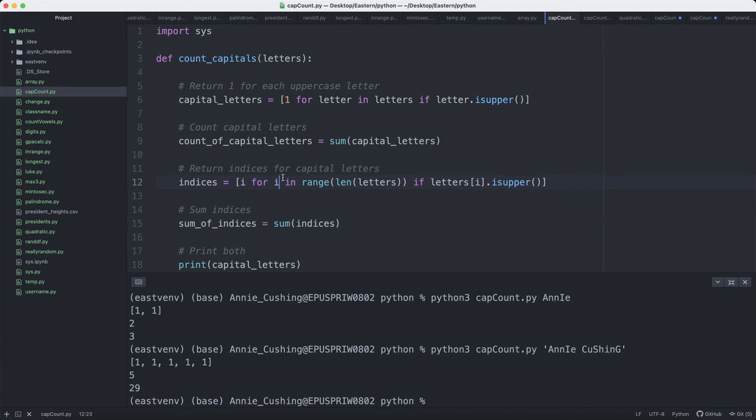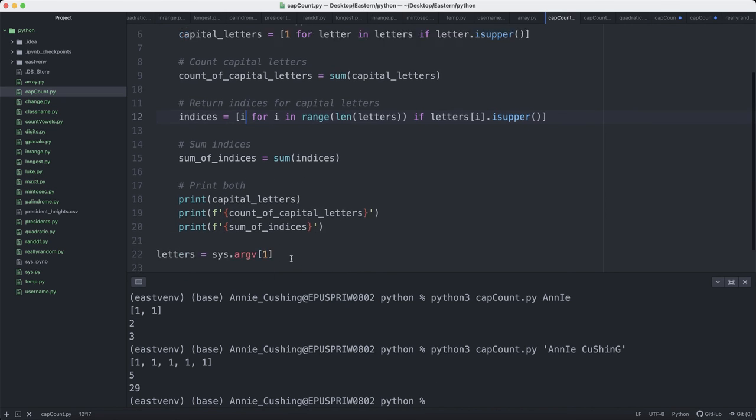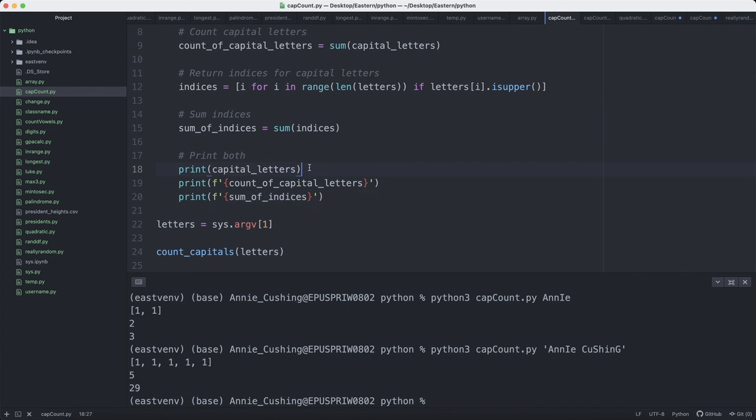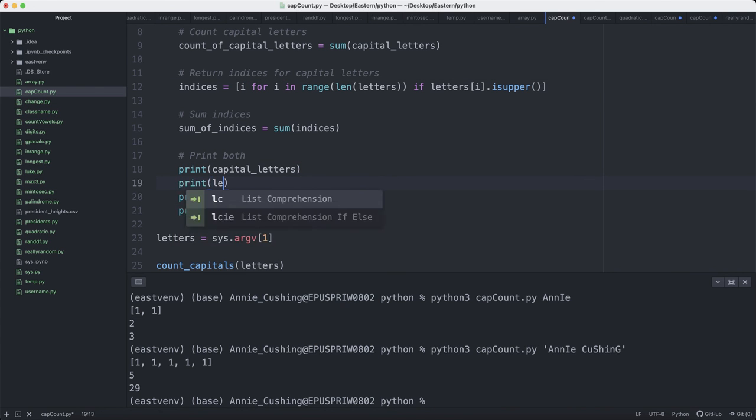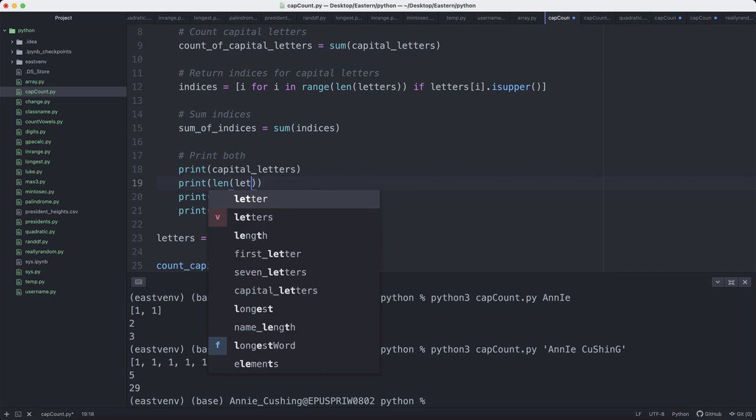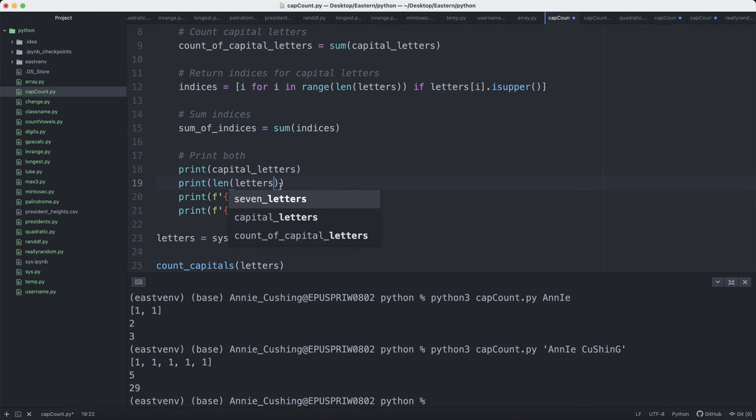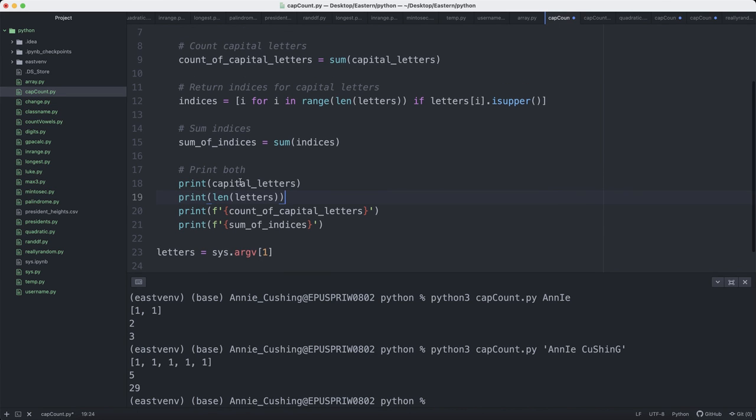So this is actually returning the index for each capital letter. So in this case, it's just for i in range, the length of the letters. So the length of letters, let's see what that value is. Print length letters. Now in this case, if I'm not including, oh wait, no. So I am including,